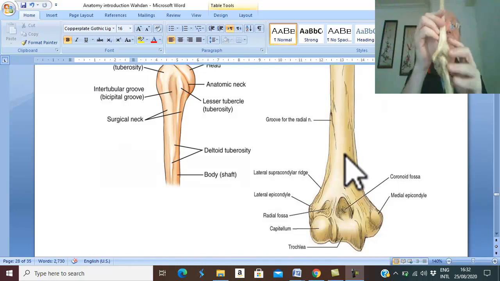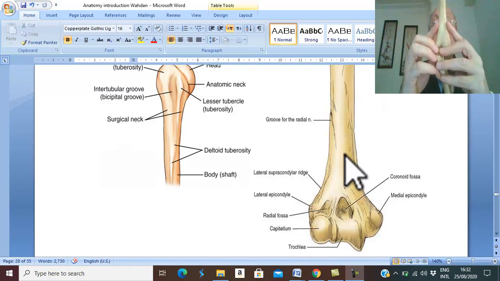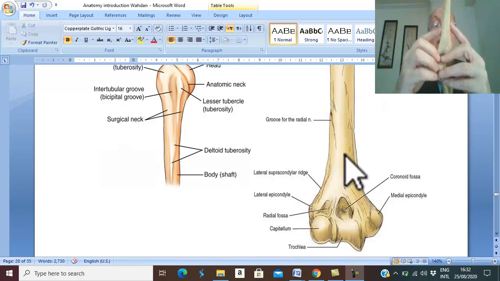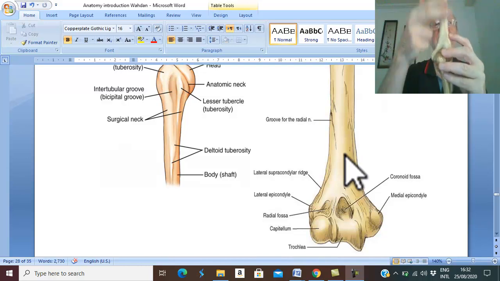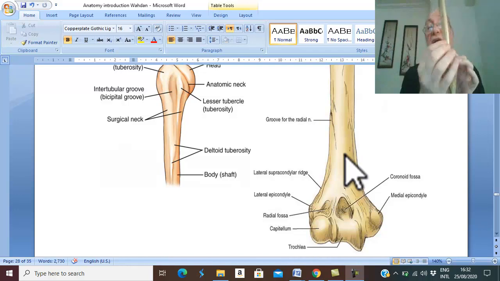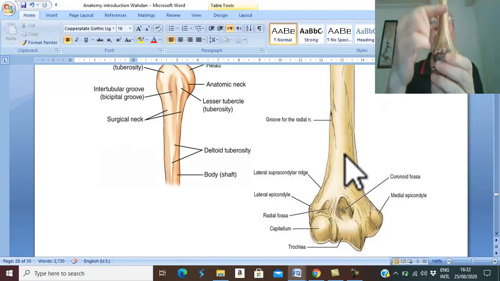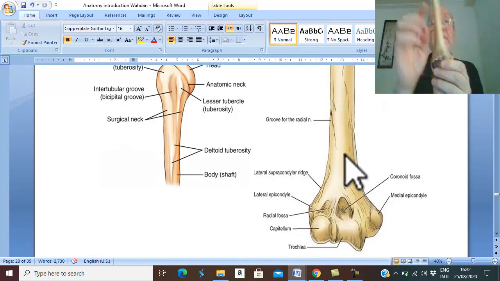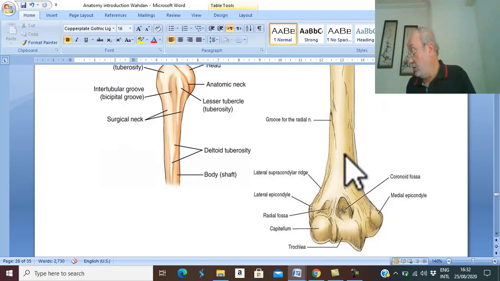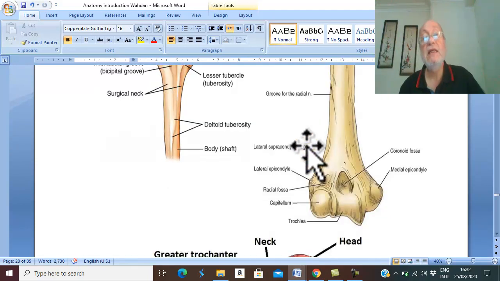And on the back, these sharp borders separate this surface from the other surfaces. Therefore, it is called the border. Border separating surfaces may be sharp or blunt, like this. These are the terms of bone elevations.